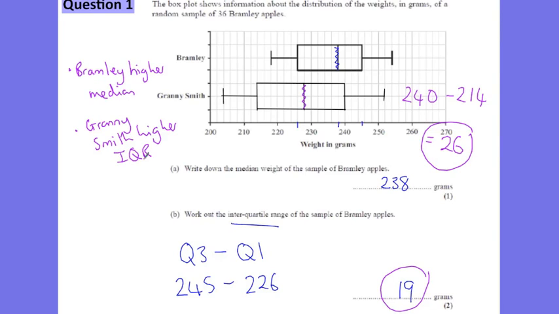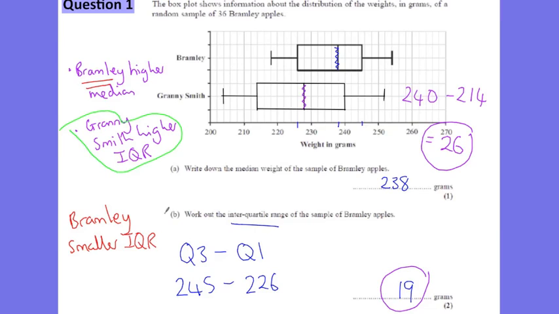We're then told that a supermarket wants to have a small variation in the weight. Which of these two distributions has the smallest variation in weight? And give a reason for your answer. The smallest variation. Well, variation is to do with what we have just worked out here for the interquartile range. We can see that Granny Smith has the higher variation. So if a supermarket wants to have the smallest variation in weight, it needs to select the Branbury apples. So Branbury apples, why? Smaller